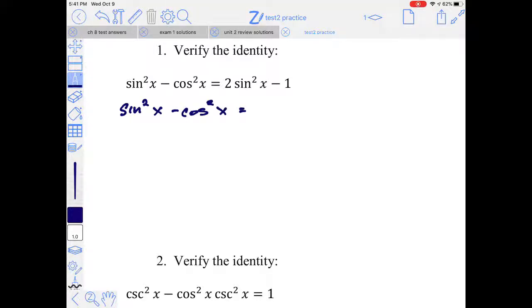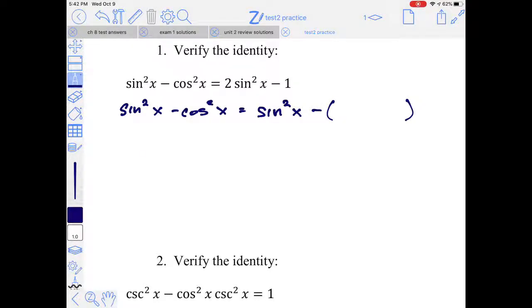What do you think? If you manipulate the Pythagorean identity, you can get sine squared minus 1 equals negative cosine squared. So you could turn that negative cosine squared into sine squared minus 1. So you're saying take this part of it and use the Pythagorean identity? Okay. So I'm going to leave the sine squared alone. This sine squared, I'm just going to rewrite sine squared of x minus, and then rather than cosine squared,